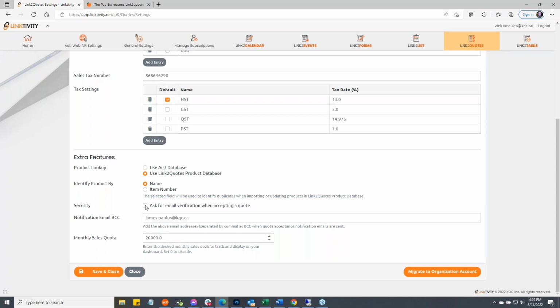So what you can do for added security, and this is a user preference, if you click this box and someone accepts a quote online, it will then pop up a message and say, please check your email for a verification code. It will go only to the email registered with that quote. We won't get copied on that, okay? They get it, they enter in that code in that little dialog box, click accept, and then the quote officially